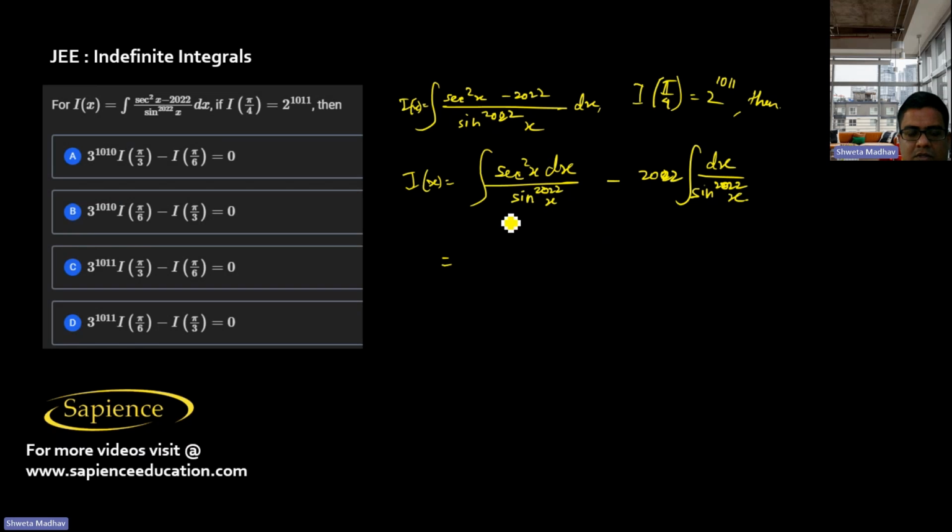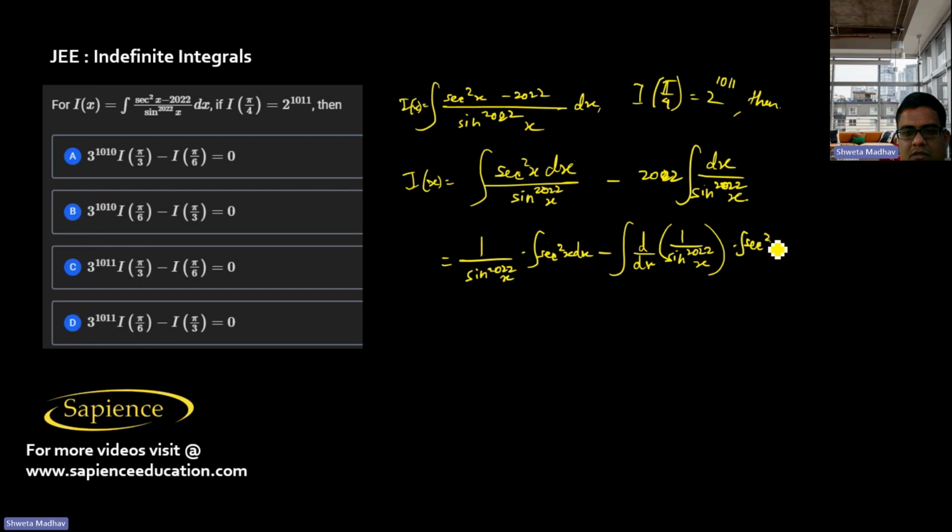Now this we can write it as 1 by sine power 2022 x into the integral of secant square x dx, then minus the integral of d by dx of 1 by sine power 2022 x into the integral of secant square x dx. So this will be equal to, integral of secant square x is tan x, so tan x by sine power 2022 x minus the integral of d by dx of sine power 2022 x,